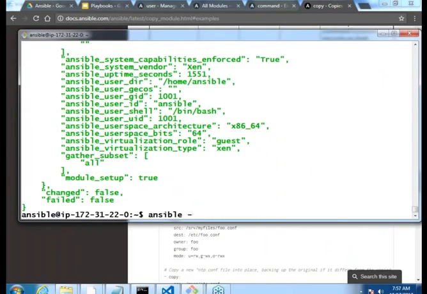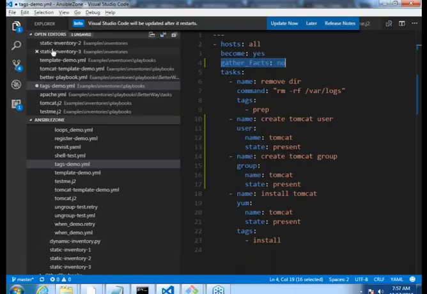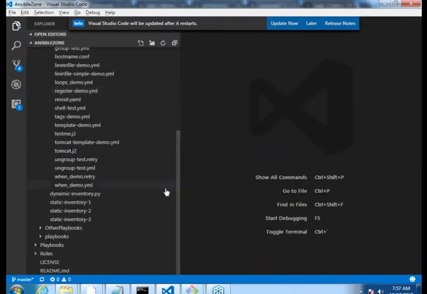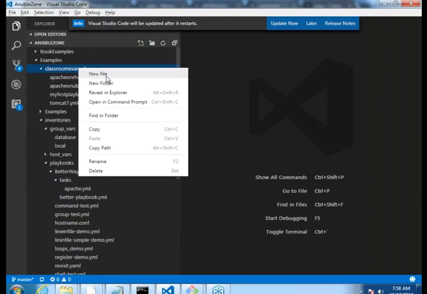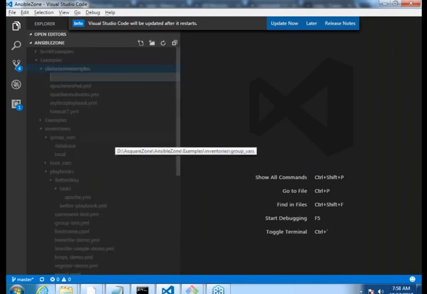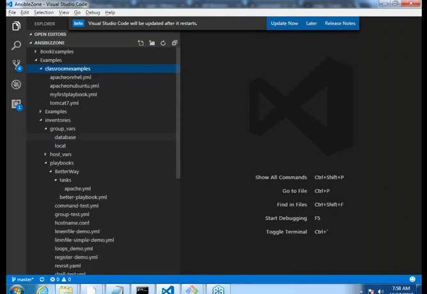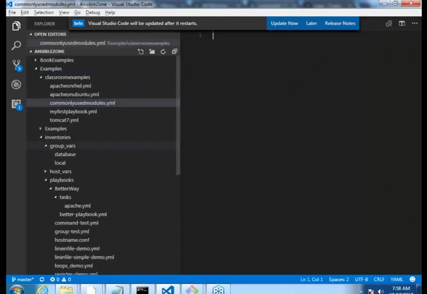Let me quickly write one module. I will do it in Visual Studio Code. Let me close all of these editors. No, I don't want to save anything. Yesterday I think we created classroom examples, so I'll create a new file over there, commonly_used_modules.yml.